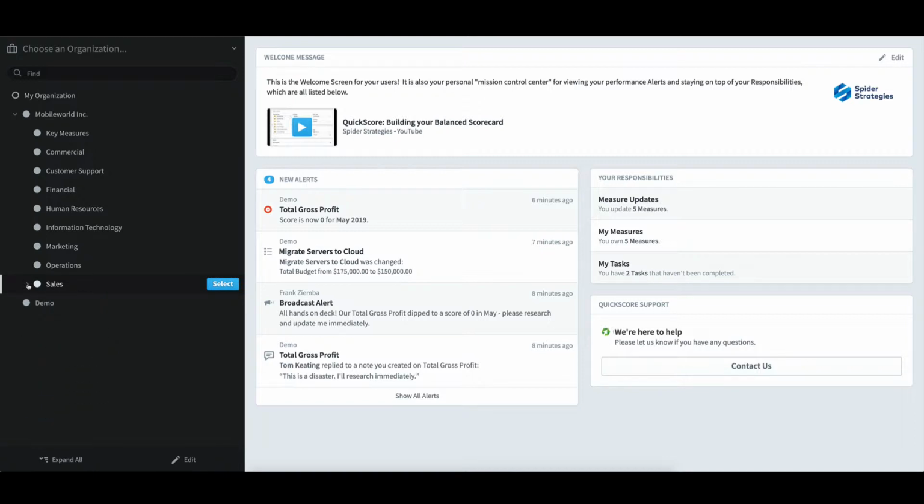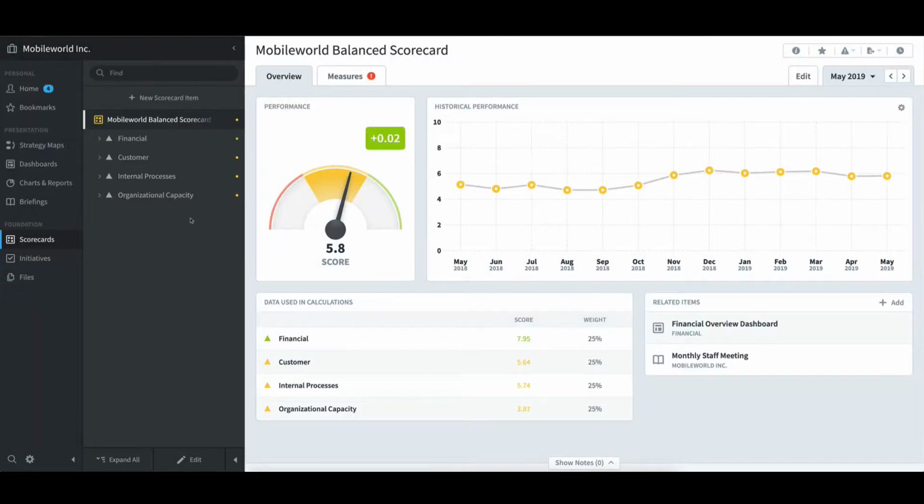If I want to select a particular level beneath Mobile World like financial, I could click on it and then choose select. However, I'm going to work with the company level by clicking back on it and then choosing select. I now see the Mobile World Balanced Scorecard, which has already been developed using the classic Balanced Scorecard design, containing the financial, customer, internal processes, and organizational capacity perspectives. Each of those perspectives are fed scores from underlying objectives, which are fed scores from underlying measures,